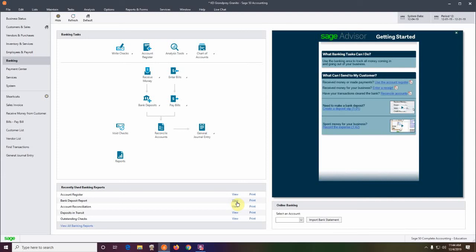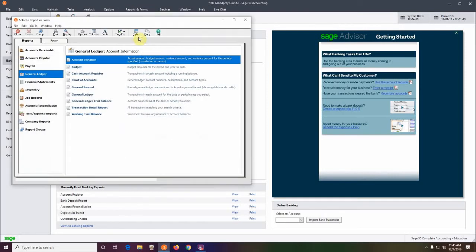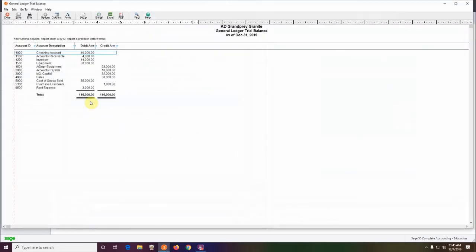...left off. At that point, we had set up the company, created the company, set up the chart of accounts, and put the beginning balances in, and we can go to reports and forms, to general ledger, look at the general ledger trial balance,